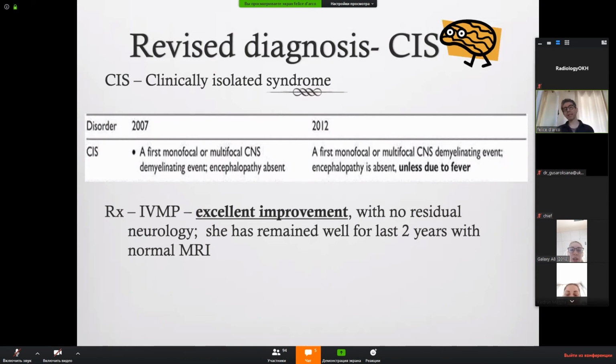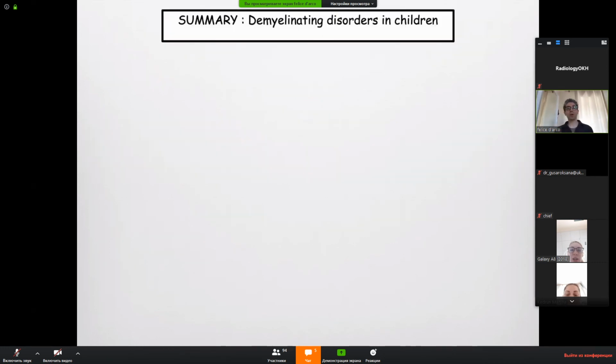In a way, the definitions overlap with ADEM and so on. But remember that we don't know the cause of most of this. This is why it's important for me to stress the aquaporin and the MOG, that are two demyelinating disorders we know the cause of. So I know that probably was a lot of information, but let me summarize the